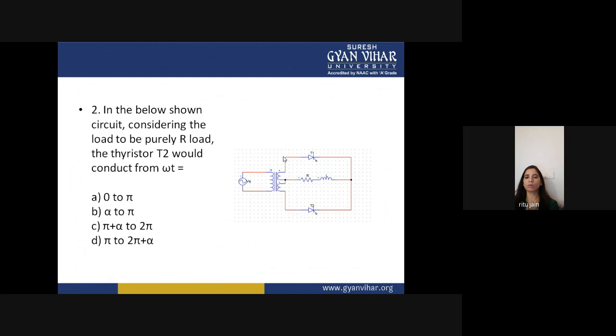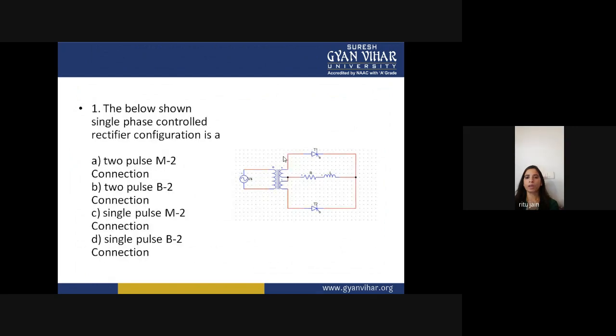So this is all about your today's lecture. Now there are a few questions based on today's lecture. The first question is: the below shown single phase controlled rectifier configuration is a, you can see, midpoint type converter. So this is your single pulse midpoint connection or two pulse midpoint connection. You are getting output voltage for the positive and negative cycle as well, so this is your two pulse